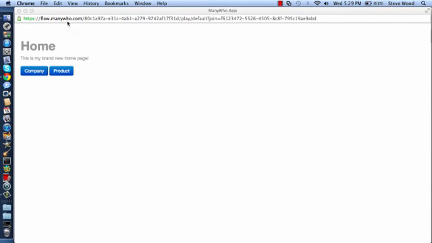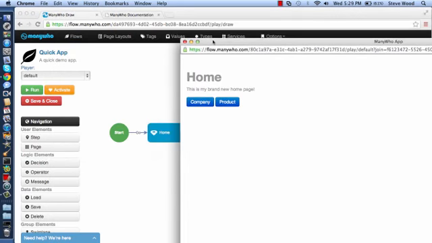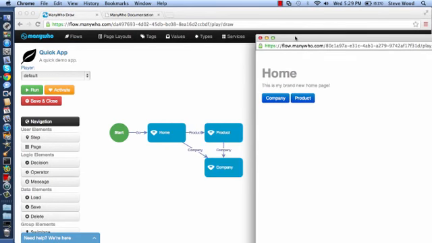So here we are. Now our flow, you can see, has got our two buttons, company and product. If I click on product, you'll see I'm guided here, and I've now got that company button, which guides me down to the company page. And this is good if you're building things like a troubleshooter where you want to sequentially walk somebody through a